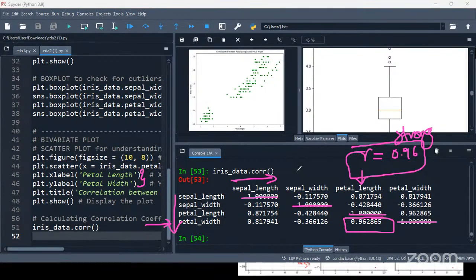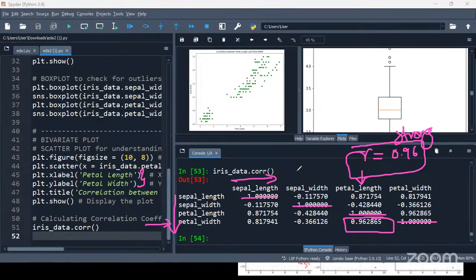By looking at this correlation coefficient matrix, tell me the relation between sepal length and petal length. Even in the case of sepal length and petal length, the strength is strong.